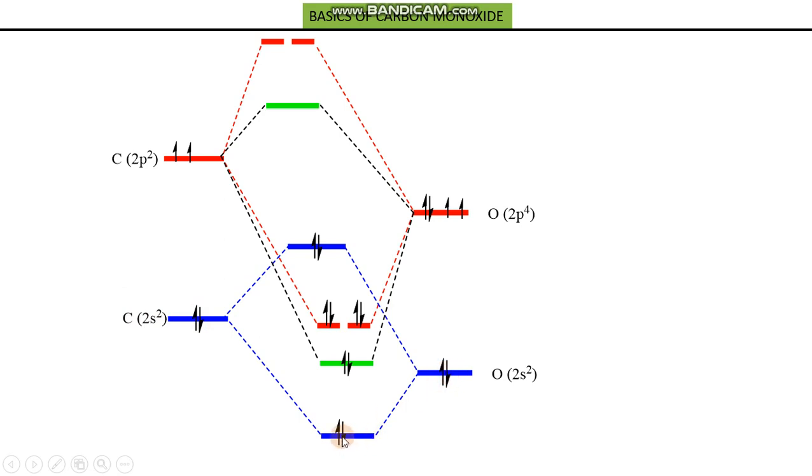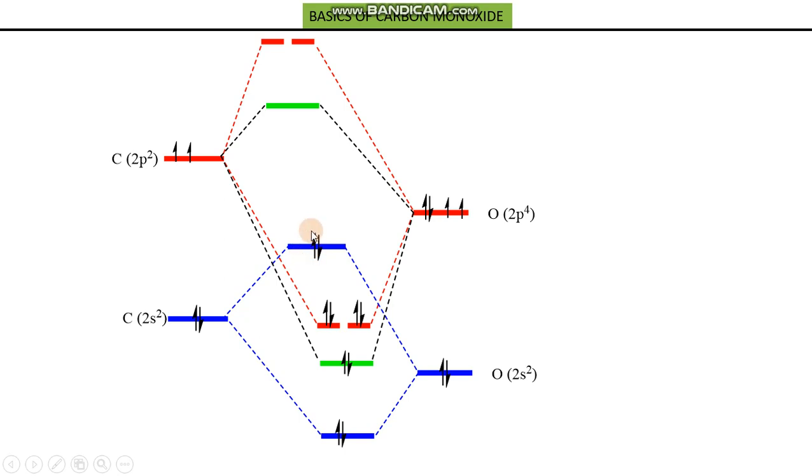So this pair of electrons, which is closer to oxygen, means this orbital, the bonding molecular orbital or sigma bonding, possesses more character of oxygen while it is away from carbon, so it possesses less character of carbon. It means this pair is actually polarized at oxygen, not at carbon. On the other hand, the counter orbital, which is sigma star, has the pair of electrons closer to carbon and away from oxygen. It means this pair of electrons is polarized on carbon more than oxygen.